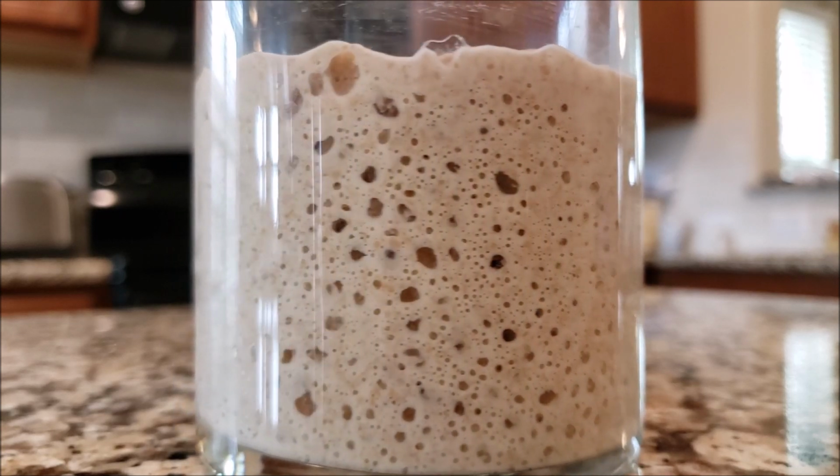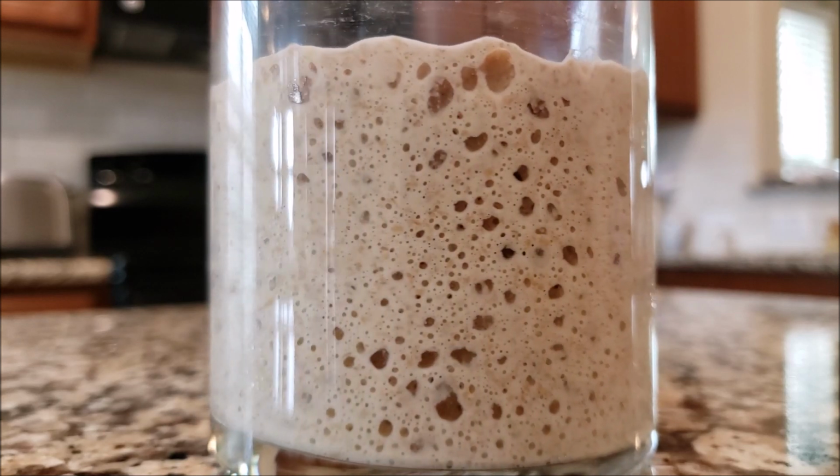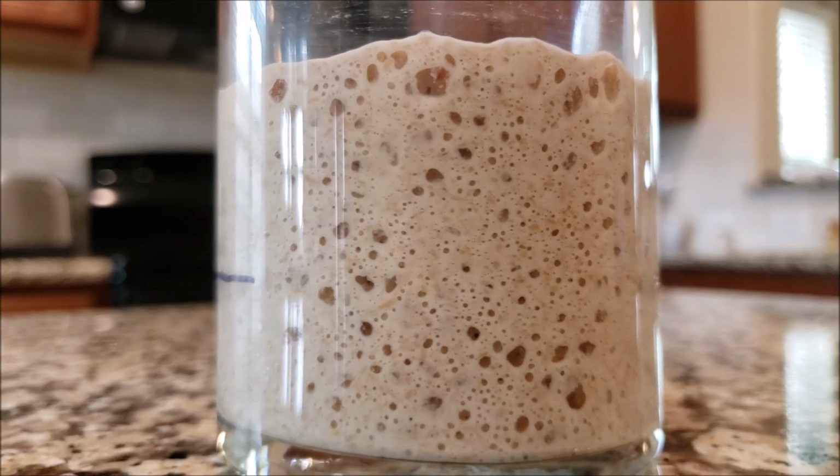It's almost like a little pet. In fact, there are a lot of people who do this who have names for their starter. The name for my starter is Snow White. Anyway,